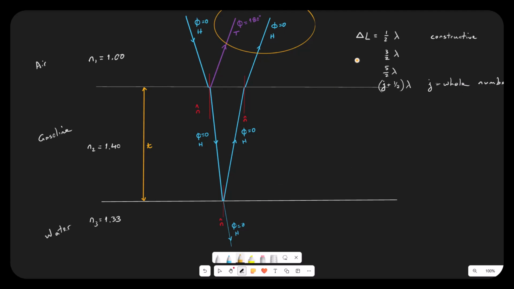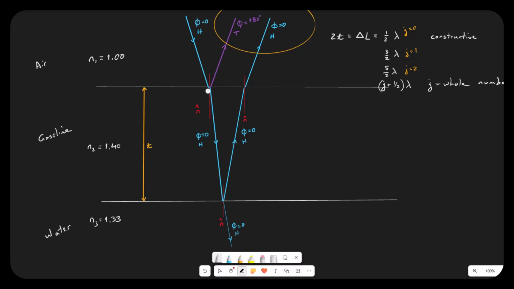The way that works out, this top one would be my j equals 0. If I plug that in, this would be my j equals 1. J equals 2. I'm just looking for a path length difference that is something and a half wavelengths. There's a little bit more. The path length difference, that's going to be double the thickness. It's not exactly double the thickness,